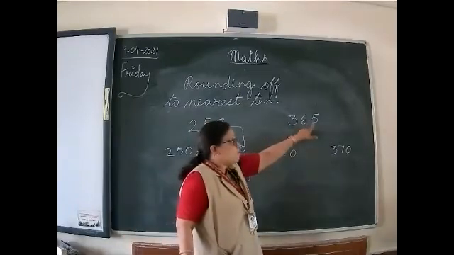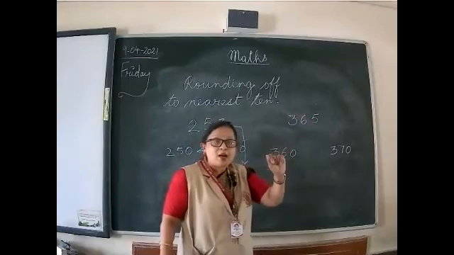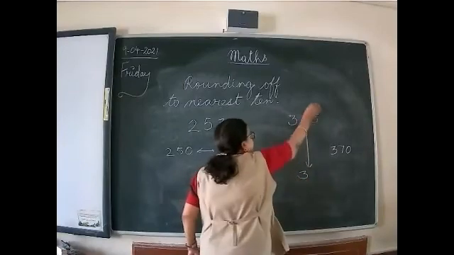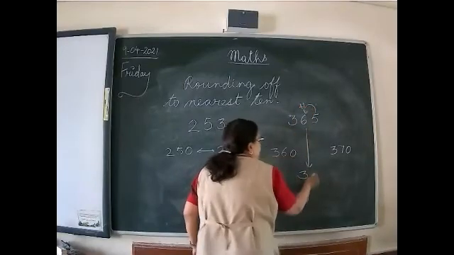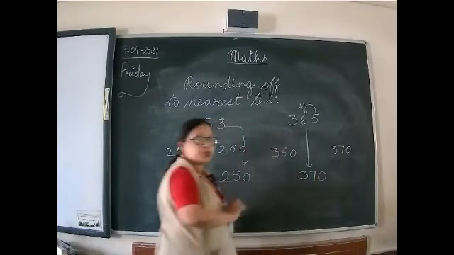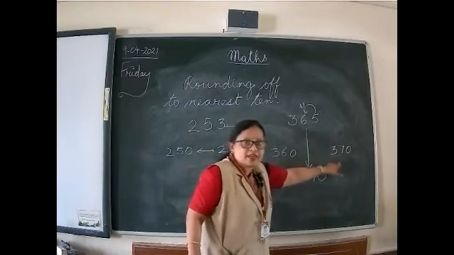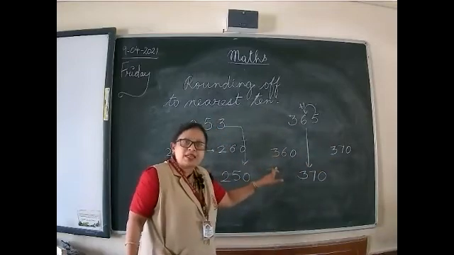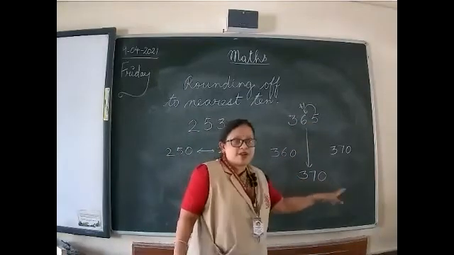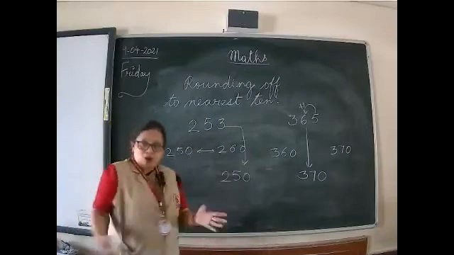So this will give 1 to the tens place and move out. So what will it become? It will become 370, because it is giving 1 here, 6 plus 1, 7, and the ones place will move out and become 0. So this number is nearer to 370 as compared to 360. So it will be rounded up to 370. Is it clear, children? This you have already studied.